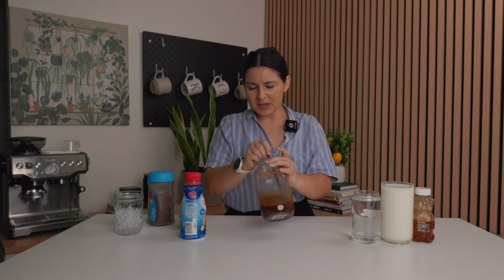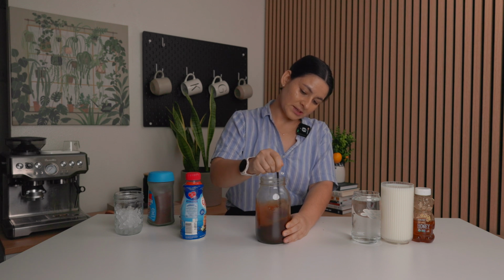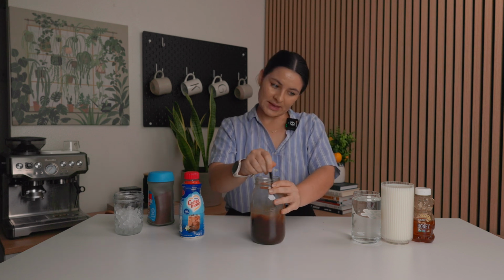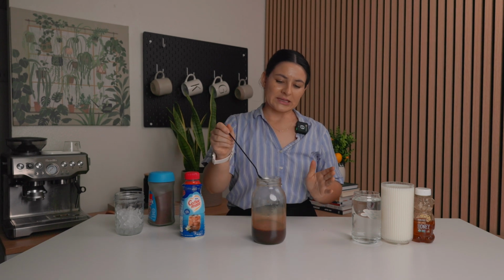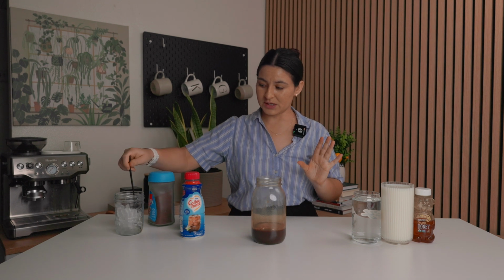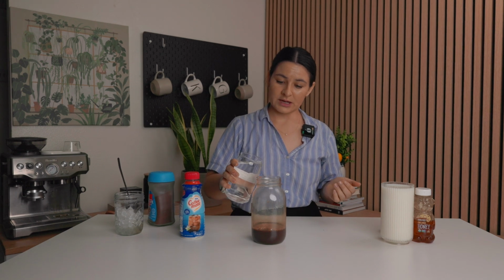But we're adding in some honey to this hot water. You want that to dissolve as much as possible. Doesn't look like I added any creamer into this whatsoever, but it's fine. We are gonna be adding milk. All right, and then they want you to add in 2 cups of cold water and 3 cups of milk. So we're diluting this a lot. I already have 1/3 of a cup of water in there. Adding in 2 cups of